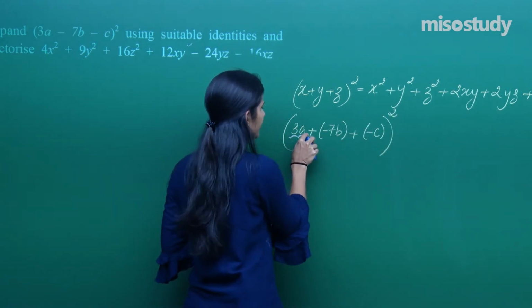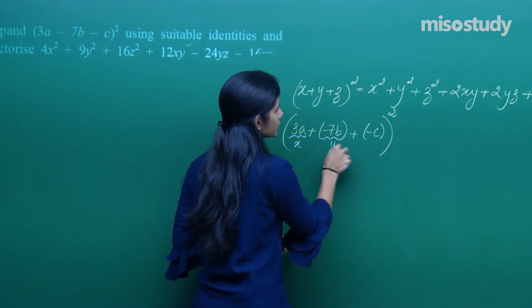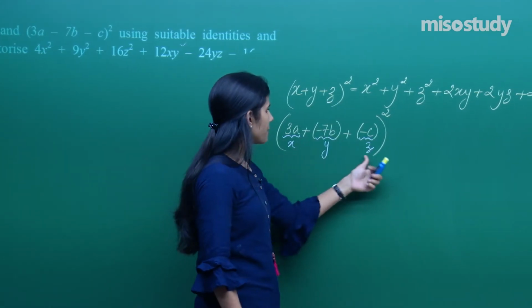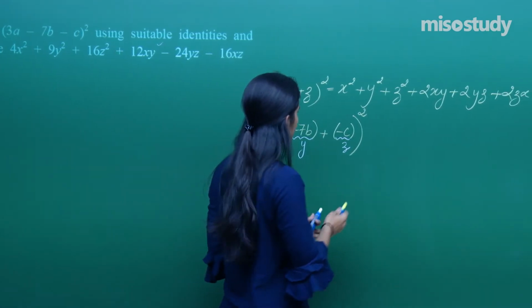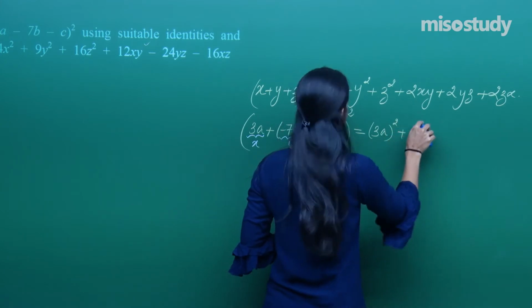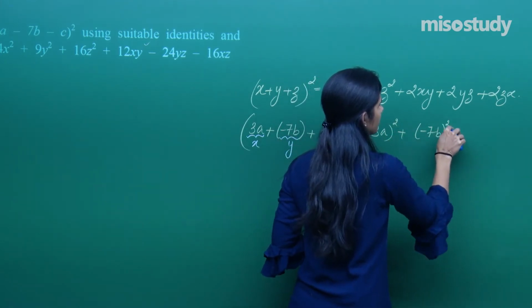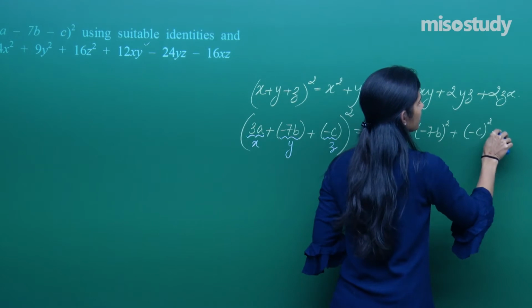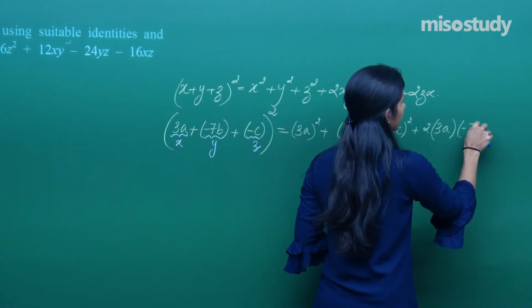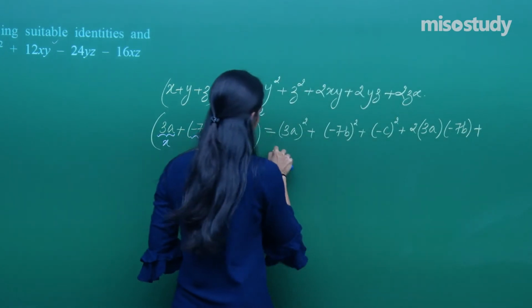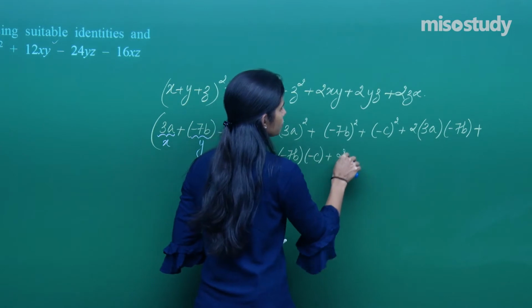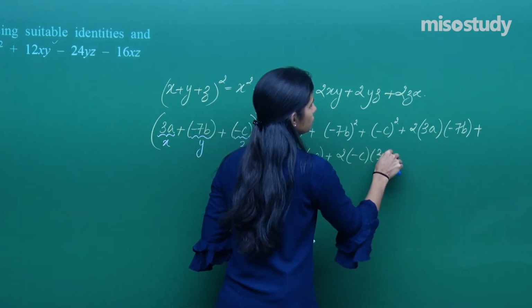Now you can treat 3a as x, minus 7b as y and minus c as z. You have the exact same expression, (x plus y plus z) whole square. So what does this become? x square plus y square plus z square plus 2 into x into y plus 2 into y into z plus 2 into z into